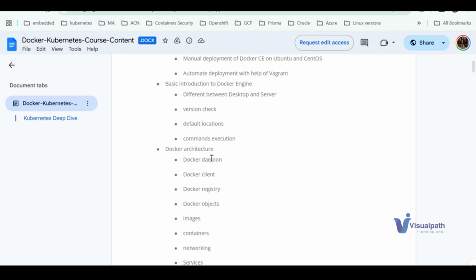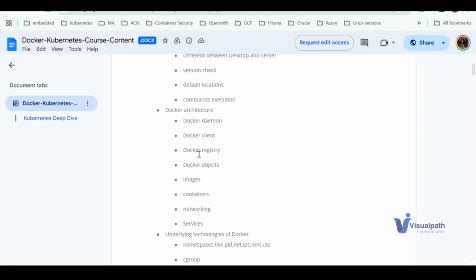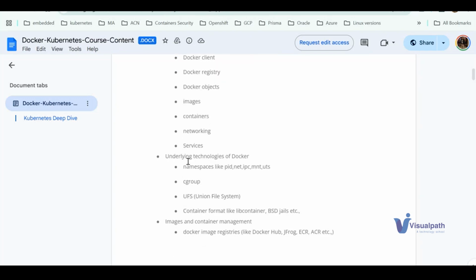Of Docker between the desktop and server, how virtualized deployment and traditional deployment differ from each other, and some basic commands to version check and the command executions. Going forward, we will also have an understanding of the architecture of Docker, and the underlying technologies of Docker helping us to launch the containers and